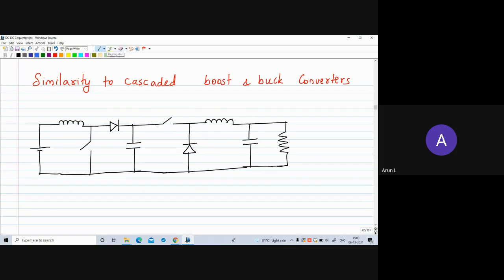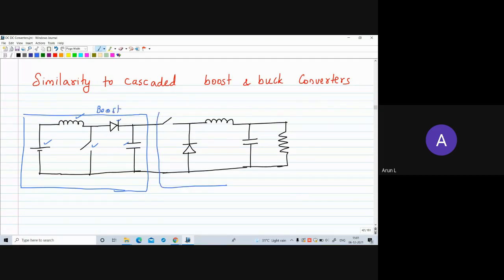Here I have drawn a boost converter. So this part forms a boost converter. You have a voltage source in series with an inductance, then switch, diode and capacitor. So this forms a boost converter, and this part forms a buck converter. Here we have a switch, diode and inductance. Now if we operate these two switches S1 and S2 simultaneously, suppose we operate these two switches S1 and S2 identically, if we give firing pulses to them identically, let us draw the diagrams during on and off conditions.